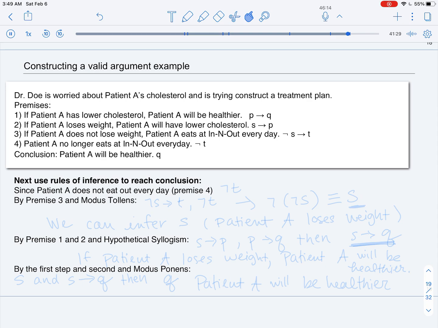And now we want to see if there's any inference or equivalences that we can use to show that the premises do indeed lead to the conclusion. Okay. Let's apply the rules of inference to see if we can reach the conclusion, and we are assuming that all of the premises are true for this exercise. So since patient A does not eat out every day, so that is not T, that's premise 4,